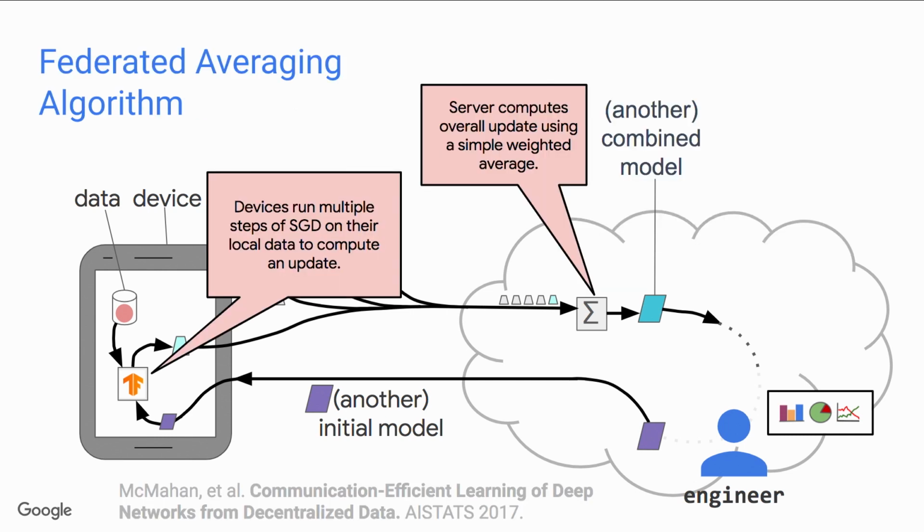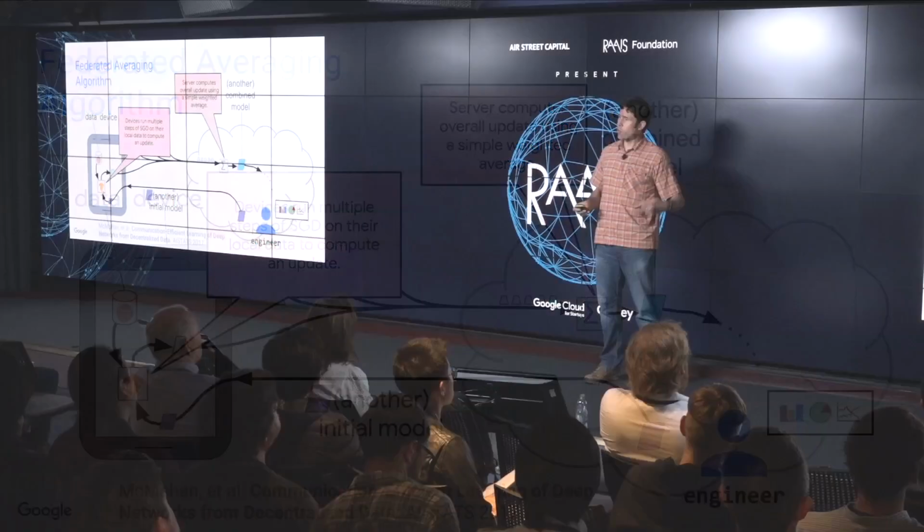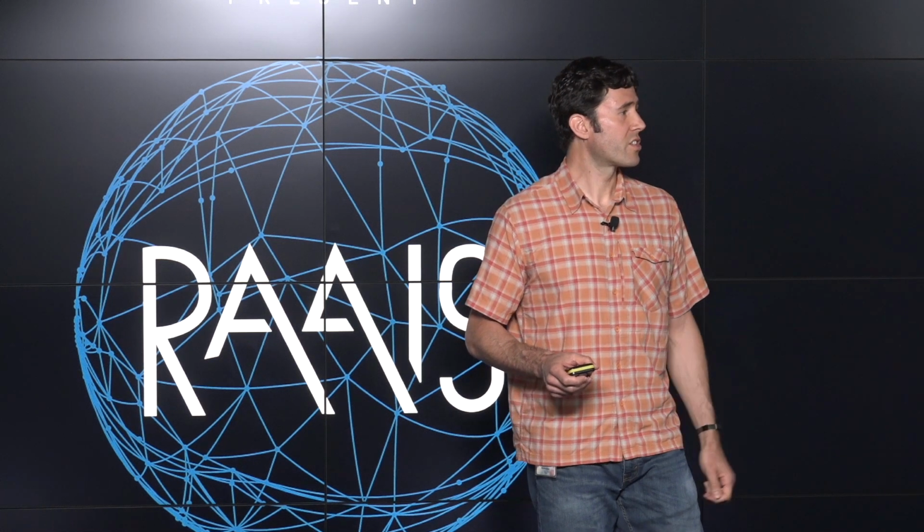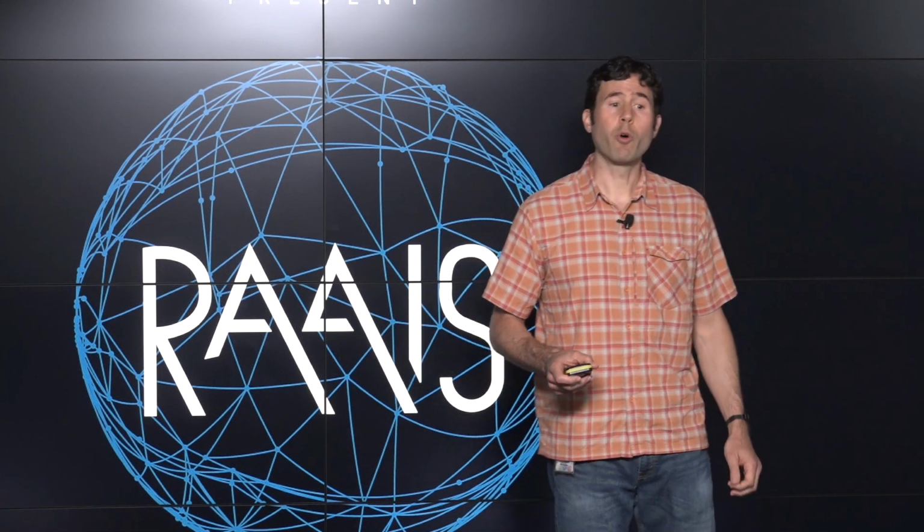Now, what I've described is the general scheme or flow of federated learning. It's not a particular optimization or training algorithm. And in fact, developing more sophisticated, better optimization algorithms for federated learning is a really interesting avenue for future work. The algorithm we use in practice is called federated averaging, and it's a relatively straightforward variation of stochastic gradient descent, the standard algorithm used for training deep networks in the data center. The difference is that here we run stochastic gradient descent on each device locally for a small number of steps, not all the way to convergence. And then the aggregation step is just a simple weighted average.